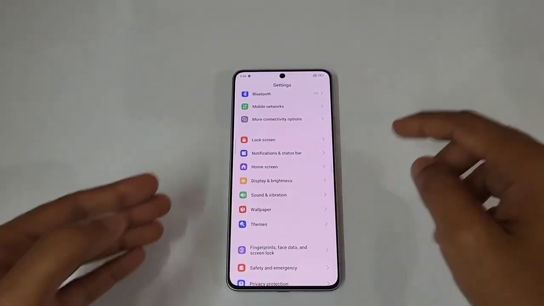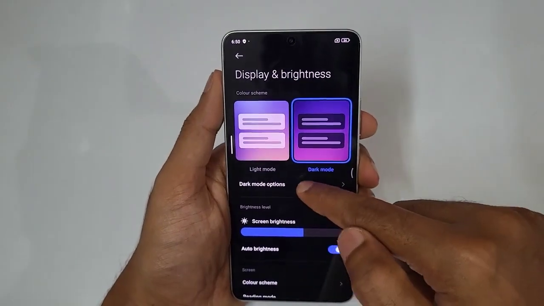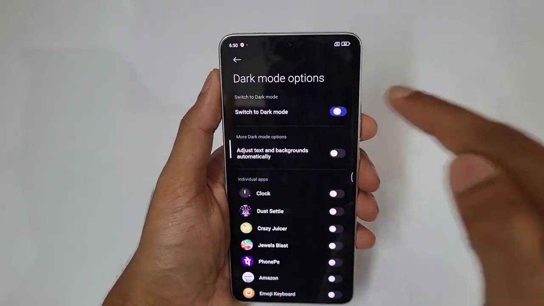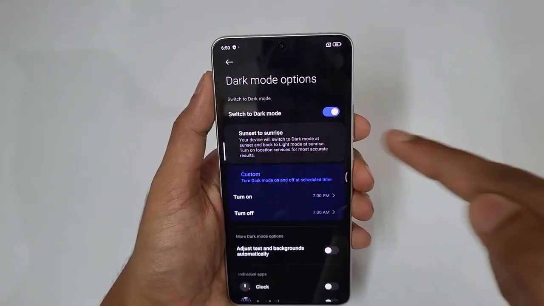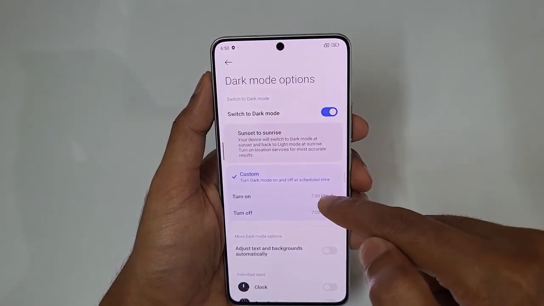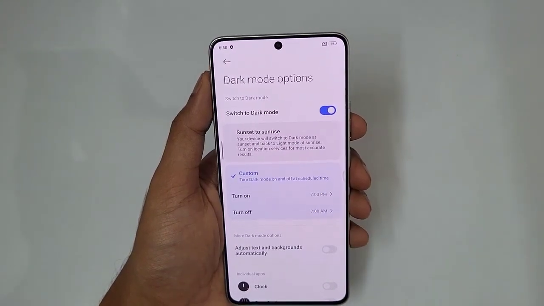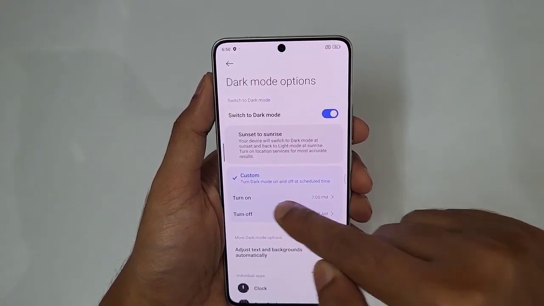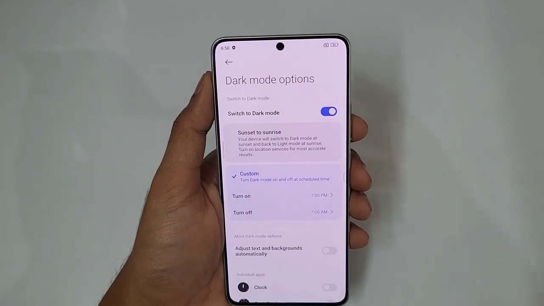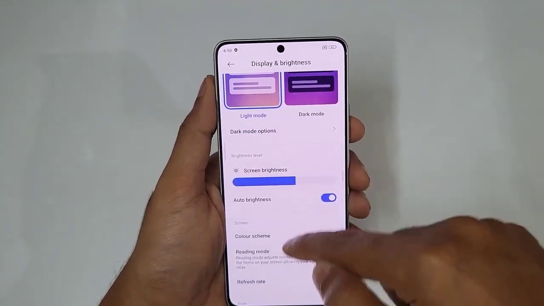Next is the display and brightness. Next is the light mode and dark mode. So you can see the dark mode looks really good over here, and you can set the dark mode options. If you switch to dark mode, you can turn either to sunset to sunrise, or custom. That means dark mode should turn on at a time and automatically turn off at a time. That means if you are going to sleep, then the dark mode should be turned on. Then you can set turn on at 7 PM and turn off in the morning at 7 AM. So that's really cool. So that's the dark mode options, and then the screen brightness, auto brightness, and all, and